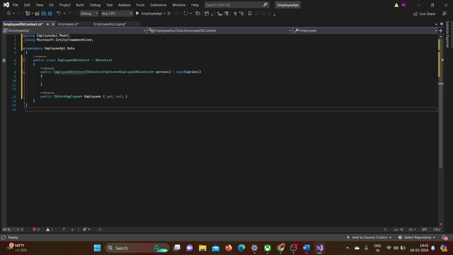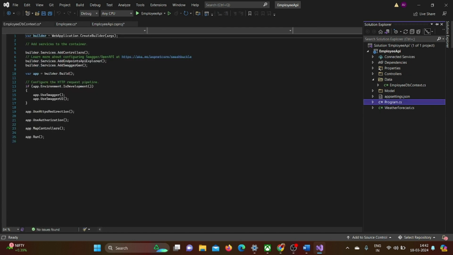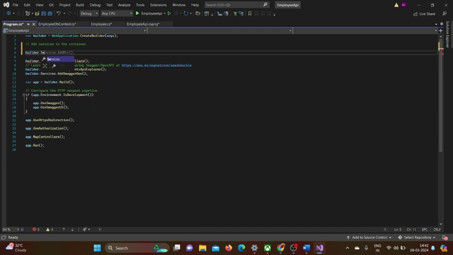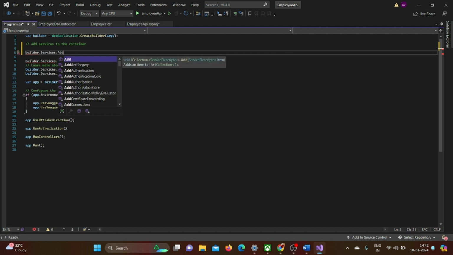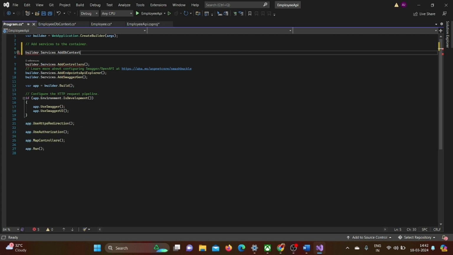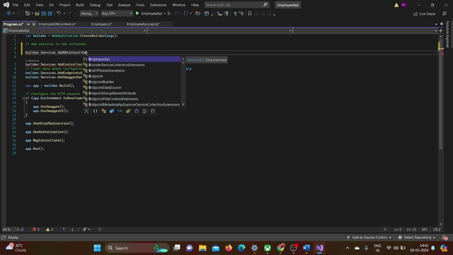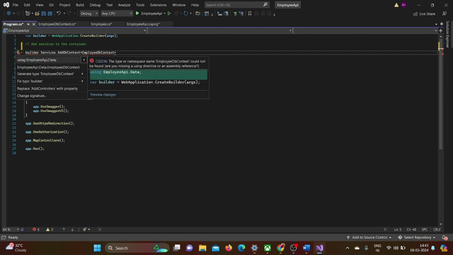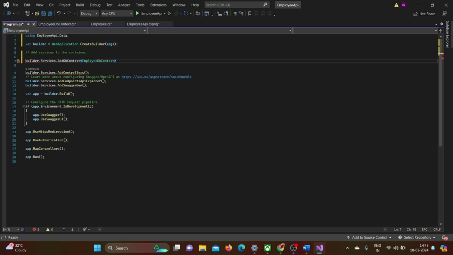Our next step would be to enable, in our program.cs, we will add this DB context and we will add the service to our container, and this will be done like builder.Services.AddDbContext, and in this DB context we will provide our employee DB context which we have created, employee DB context, and in this context class we will provide the options,